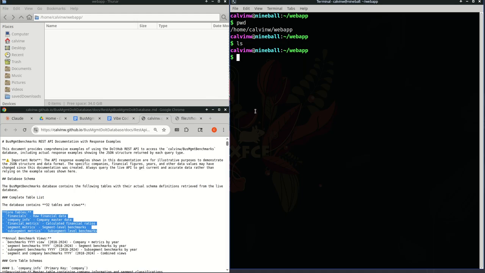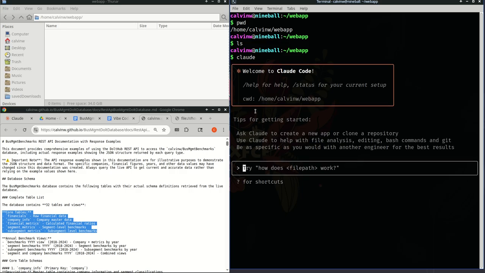Okay, so let's run Claude. And we're just going to build a real simple one that shows the data, maybe from the financials data. Maybe we can just also show all the companies as well. We'll start with something like that. So can you build